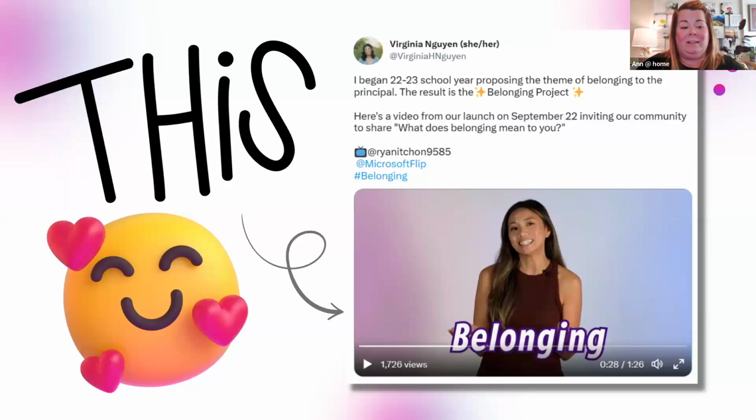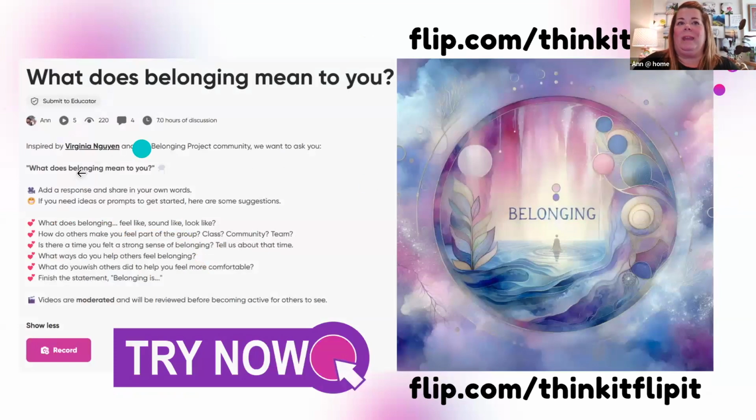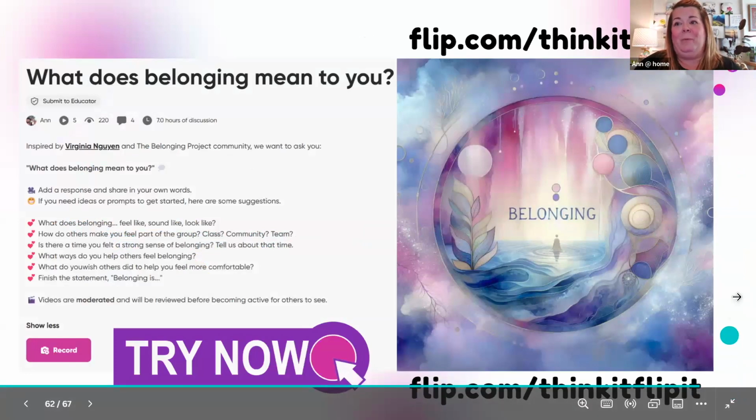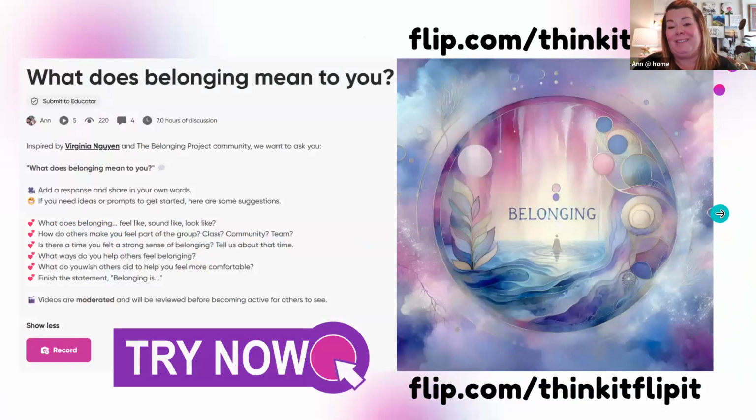And we hope that this exploration has really been a way to help you spark ideas, whether it's starting with belonging or going into it and creating something like this for yourself or your own classroom. And I want to challenge you all to perhaps join this group and add your own response.